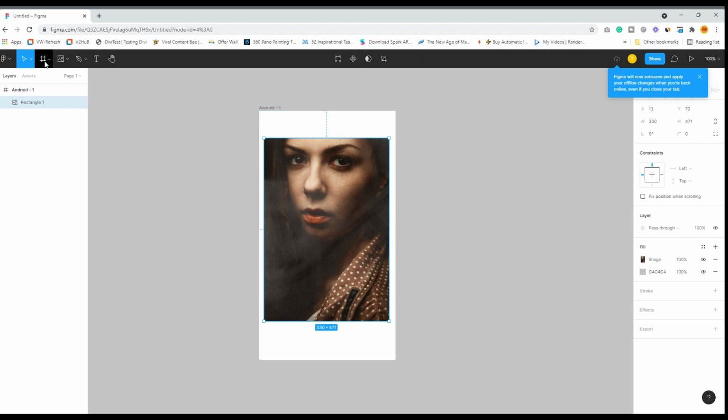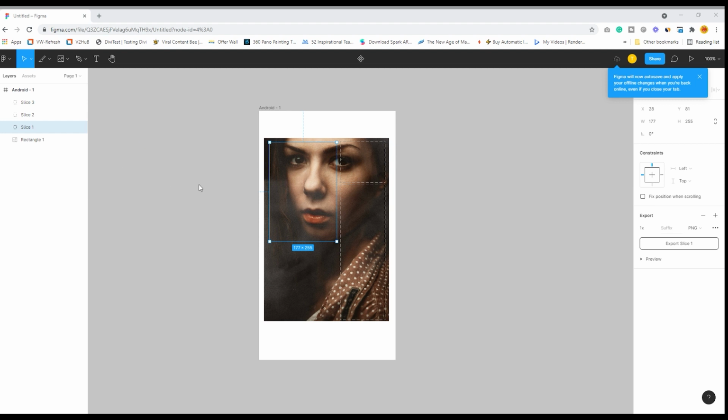Now I will go to the slice tool and create smaller slices of this particular image. Now I can click and select each slice like this, and I can export each slice as a separate PNG file.